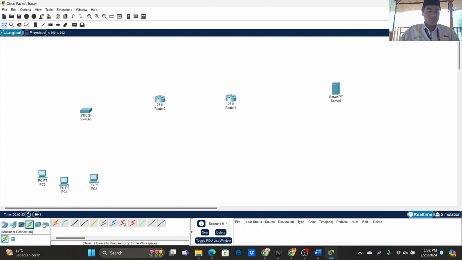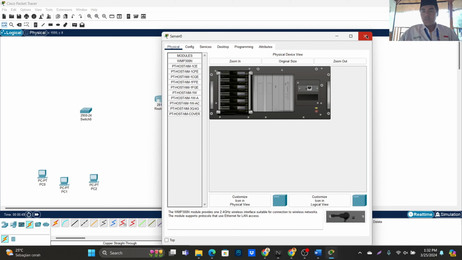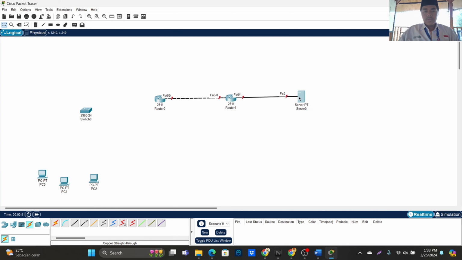Let's connect all devices. Okay, we connected all devices.